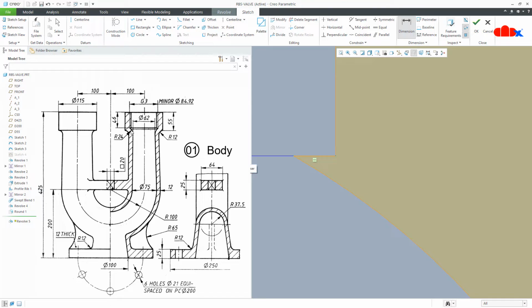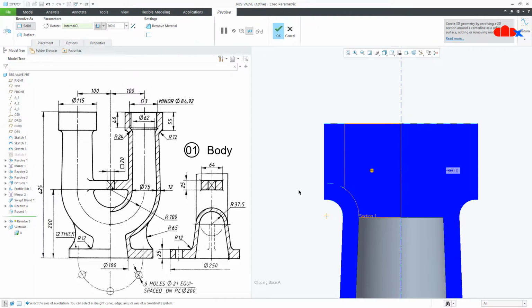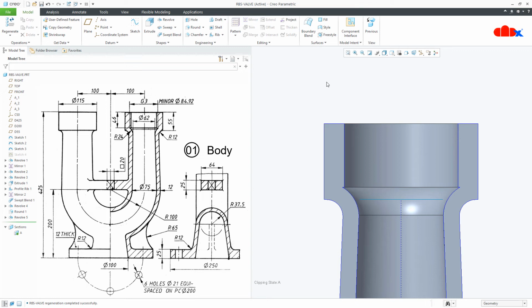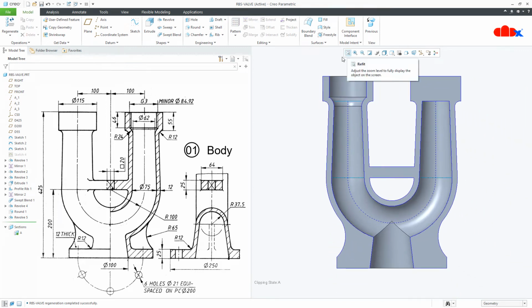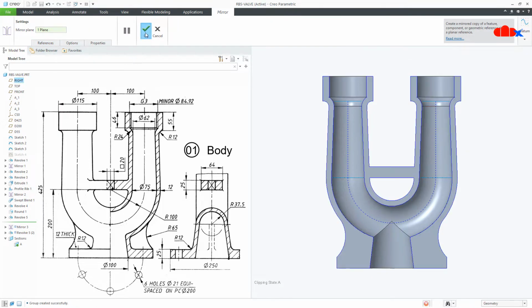If you see here, there is a corner. So the sketch is done. Now I'll say OK. Go for remove material and say OK. Now this feature, I will mirror it using right datum plane and I'll say OK.